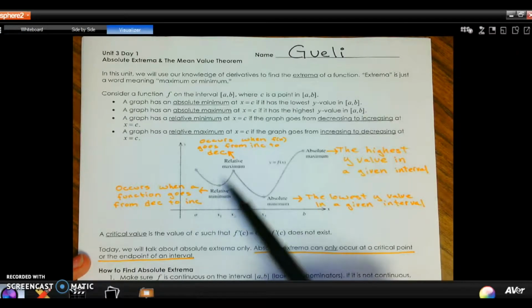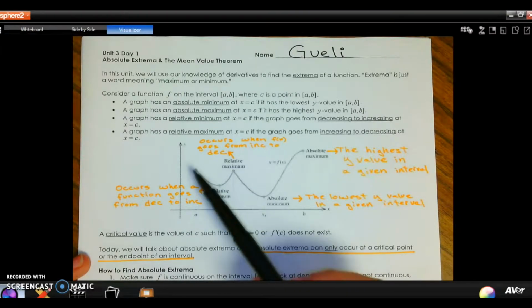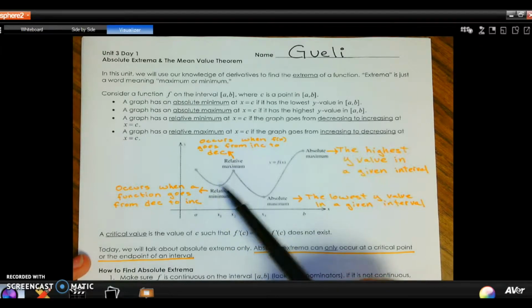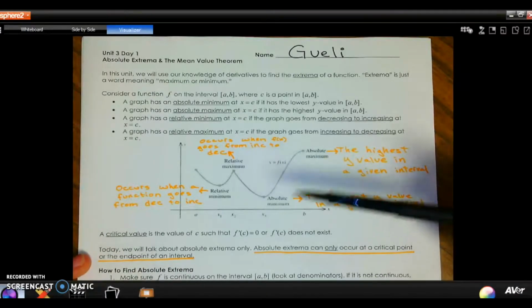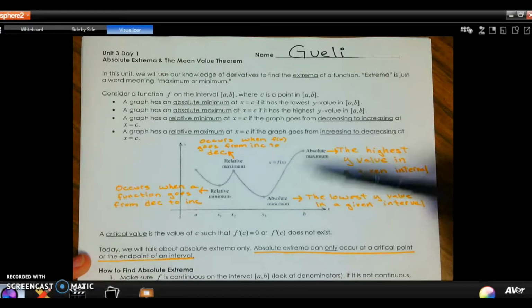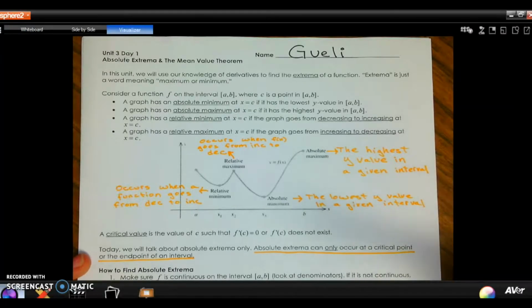Notice that we get relative max or mins whenever the function goes from decreasing to increasing or increasing to decreasing there. And we'll talk about those later in the unit. But for this lesson, we're just going to learn how to find the absolute extrema. If it asks you for the extrema, that's asking for both the absolute max and min over a given